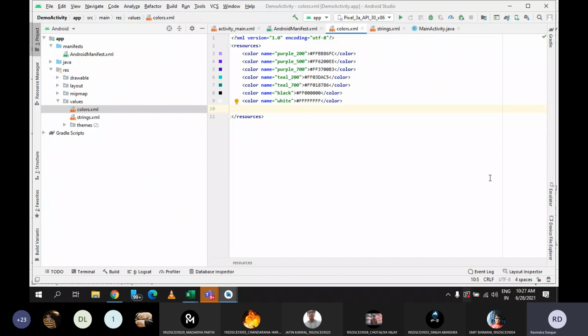Fine. As of now, as I said, this is the first session, so I am just trying to give the introduction, so that at least you can have confidence that this is how we can create the new application, and at least you can understand that there are these many folders, and this is the use of each folder. Otherwise, in each application, we are going to do everything. So every time I will repeat the same thing again and again. So don't worry about that.